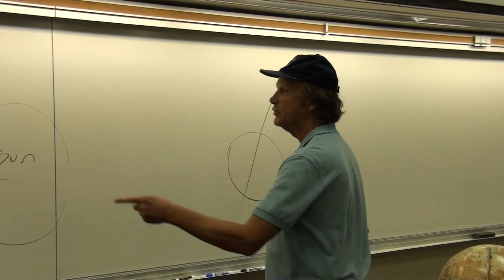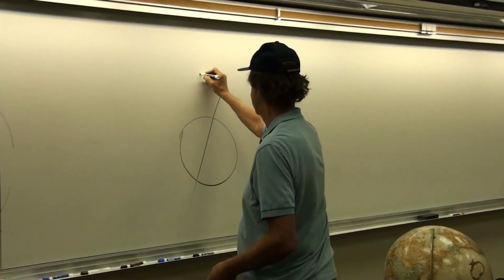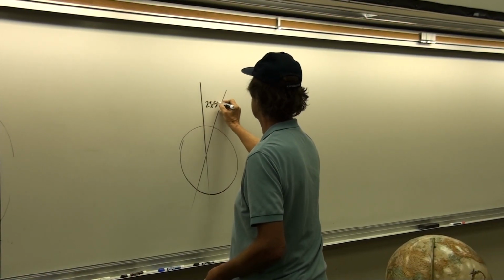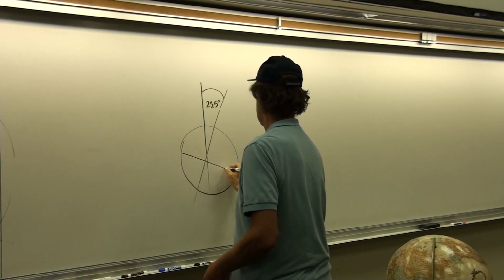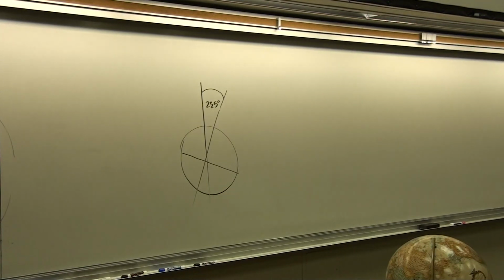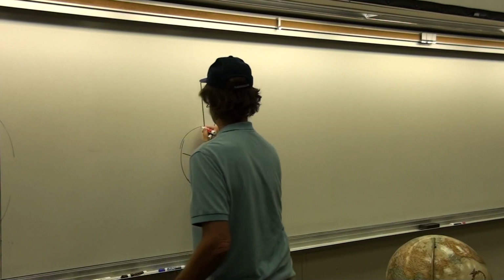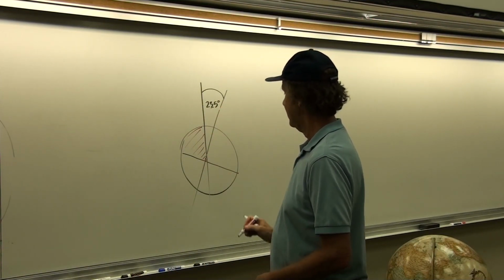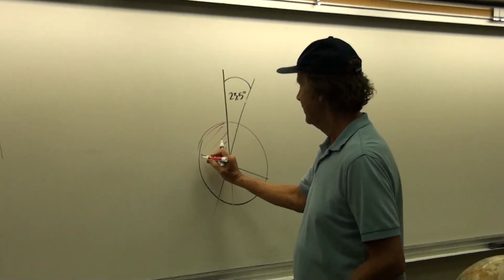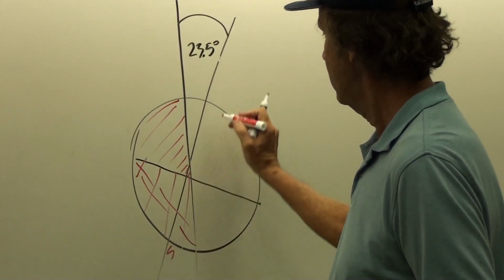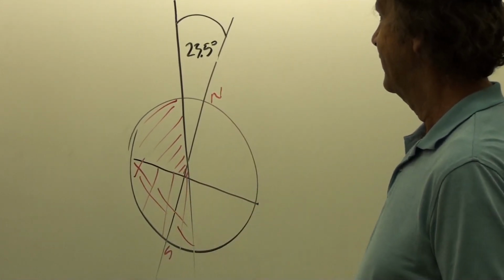Here I'm drawing the Earth much bigger than it actually is relative to the sun. So we can see that this is still a 23.5 degree angle from the vertical. But now we see that it's the northern hemisphere that's getting less light. We're only getting light up to here. This is all that the northern hemisphere is getting in terms of the light. Then the southern hemisphere is getting quite a bit more light, all the way down to the South Pole, and then some to the other side of it.